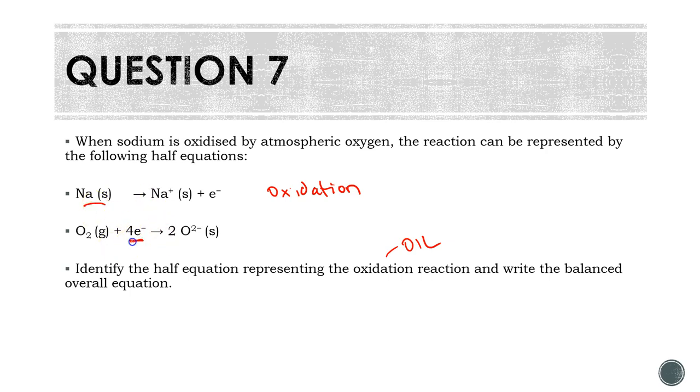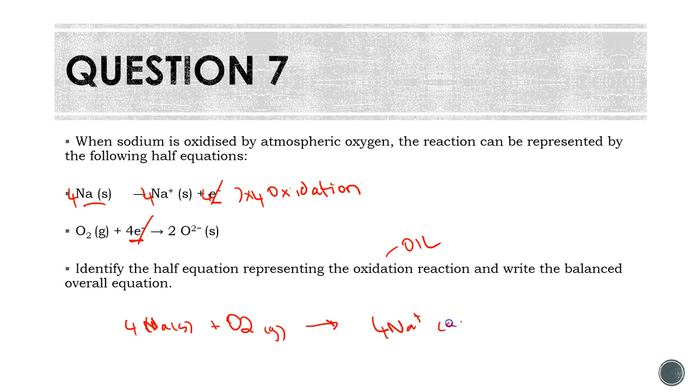Well, I have 4 electrons here for the oxygen. I have 1 electron here for the sodium. So we're going to have to multiply by 4 in order to get the charges to balance. So if we write the overall equation, we will now have 4 sodium. That will give me 4 electrons. They can cancel out. So I will get 4 sodium metal reacts with oxygen gas to produce